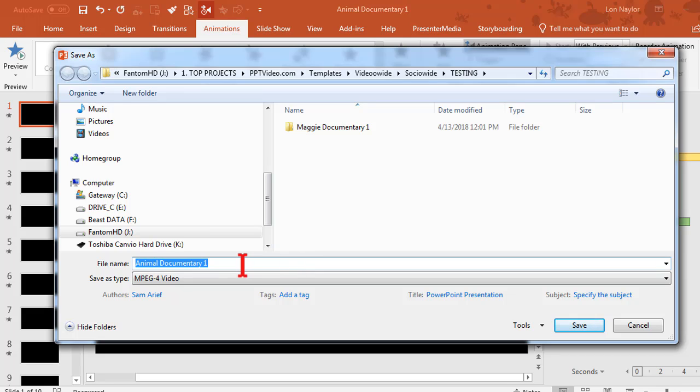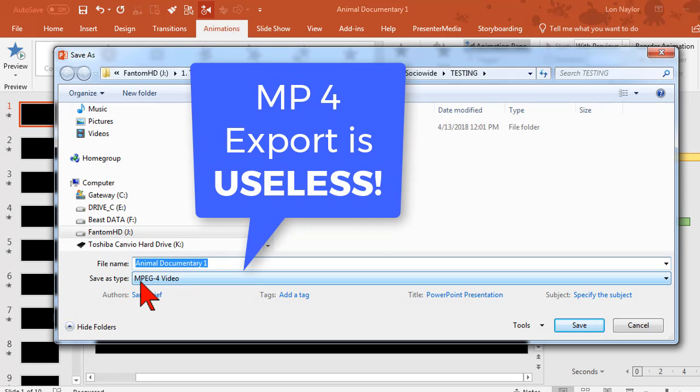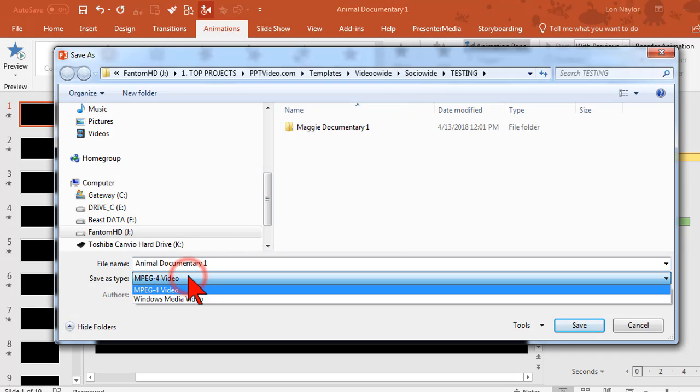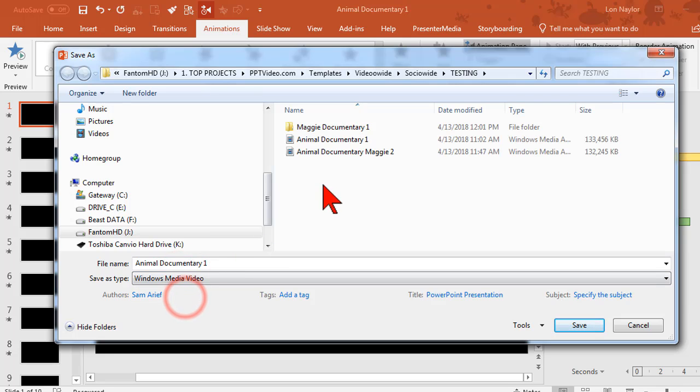In my mind right now, due to a known bug in PowerPoint, exporting as MP4 video is useless. I can't tell you how many of these kinds of things have been glitchy, and even just very simple animations like builds coming in for bullet points, it gets glitchy and it's just worthless. So I am currently using Windows Media Video, WMV files, as the only way that I'm saving as video out